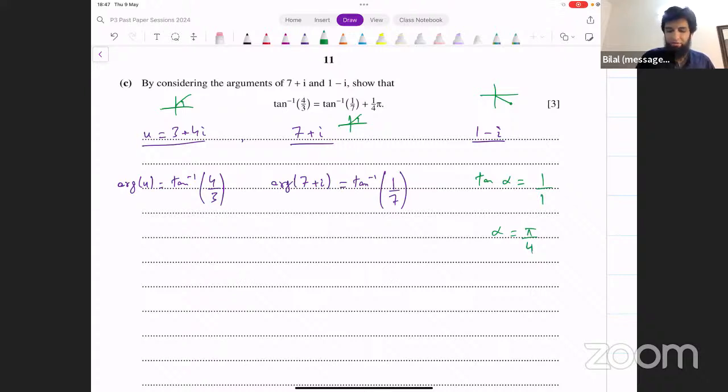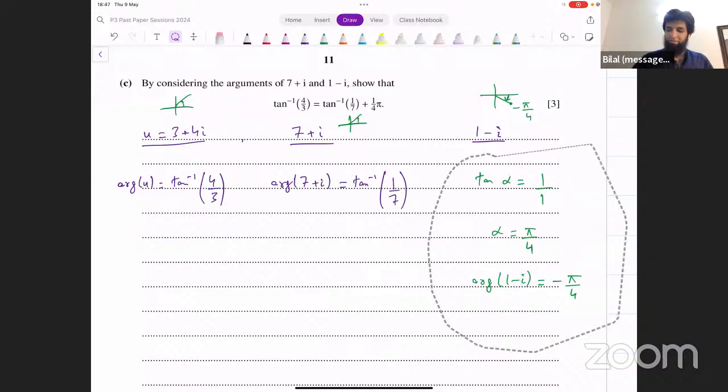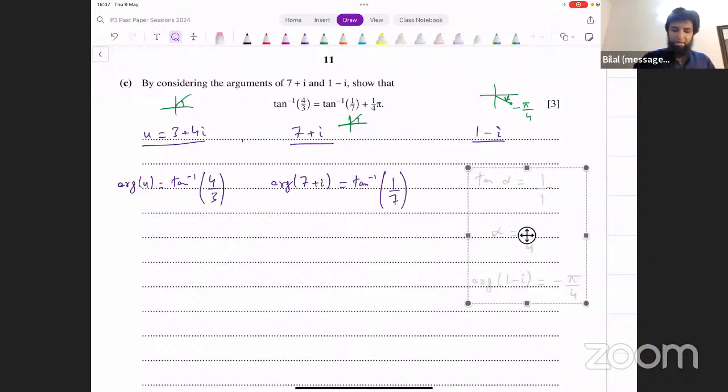Now, since we are in the fourth quadrant, what's the argument going to be? It's on the negative side. The argument of 1 minus iota is minus pi/4, right? Because it's in the fourth quadrant. We go from the negative direction here. That's the argument of 1 minus iota. We've got these three things now. Now notice what was the connection between these